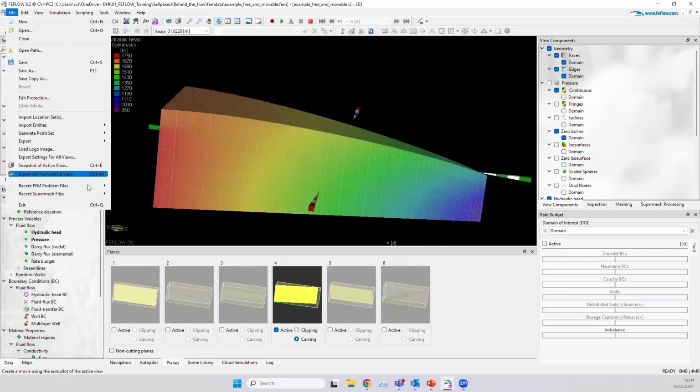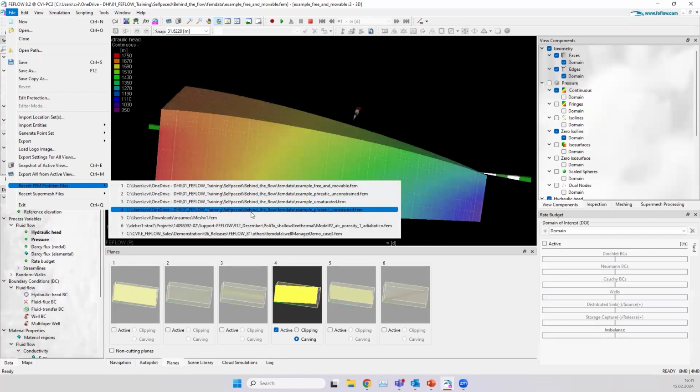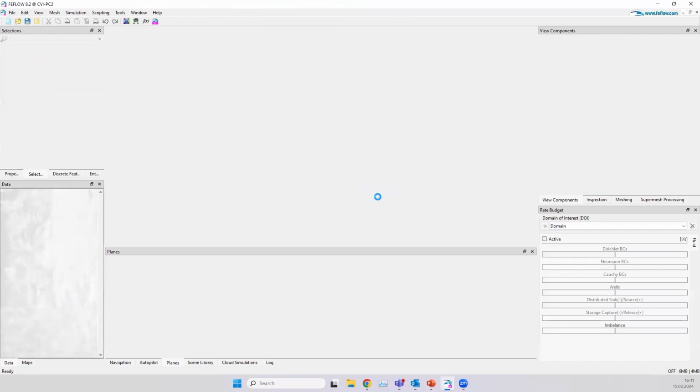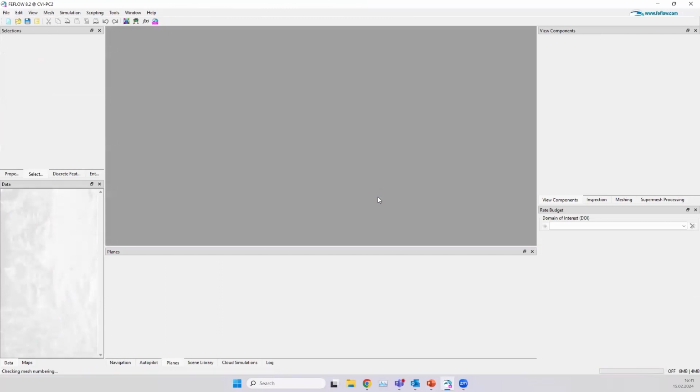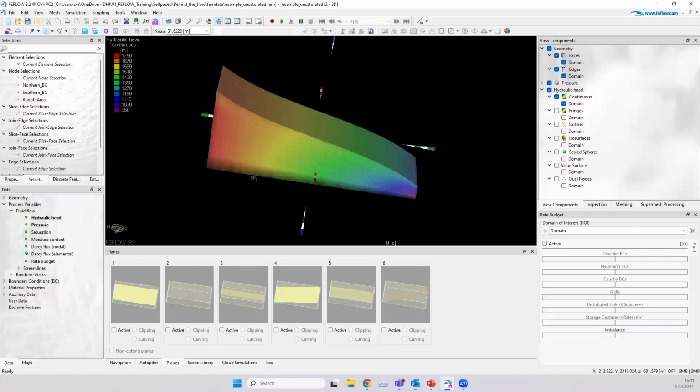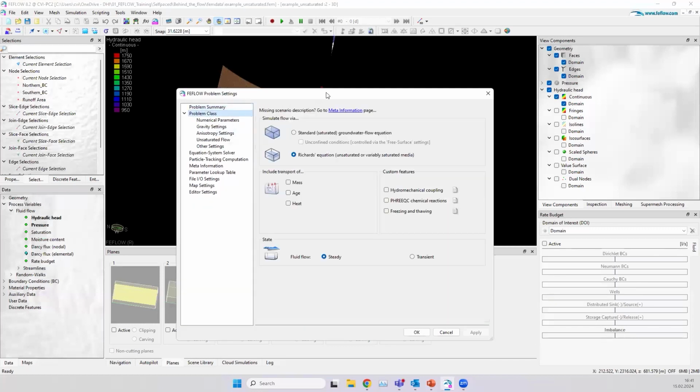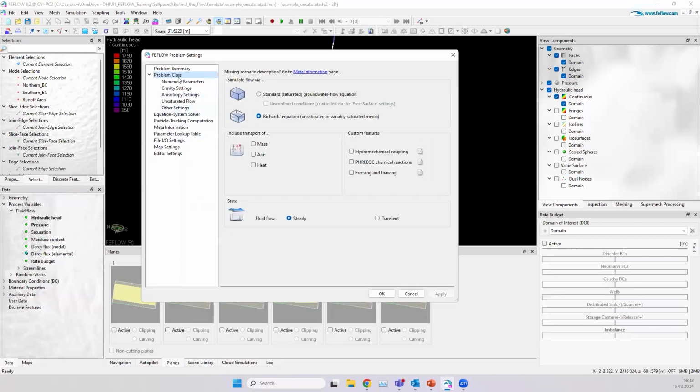Okay, and the last option to show for today is the unsaturated. So I have the same model now running with the unsaturated system. For solving this in the unsaturated, we simply need to go to the main page, problem class, and switch to Richards equation. This is a steady state. I have to say that solving the unsaturated Richards equation in steady state conditions sometimes is hard. It depends a lot on the combination of parameters that you have, on boundary conditions. So it could be quite often that it will not converge, but there are some tricks to get this to